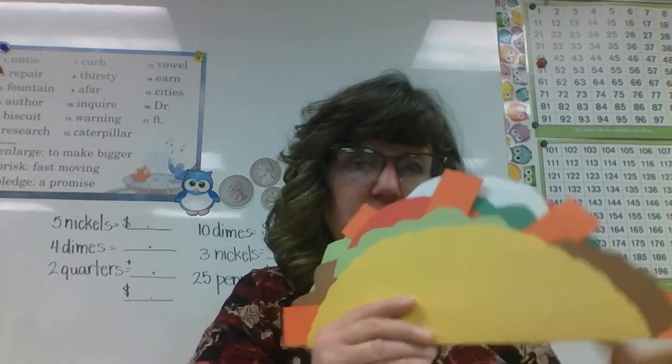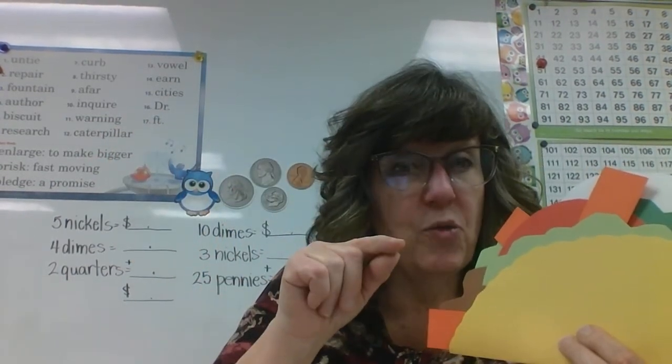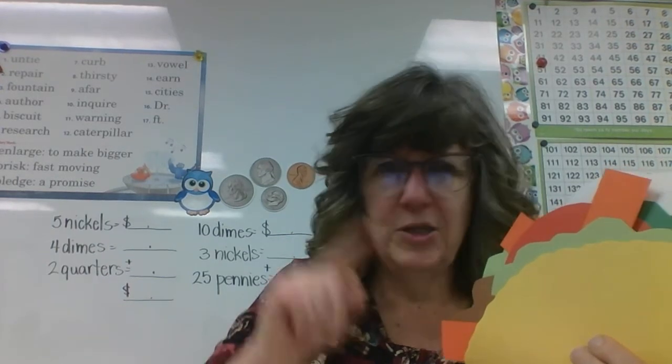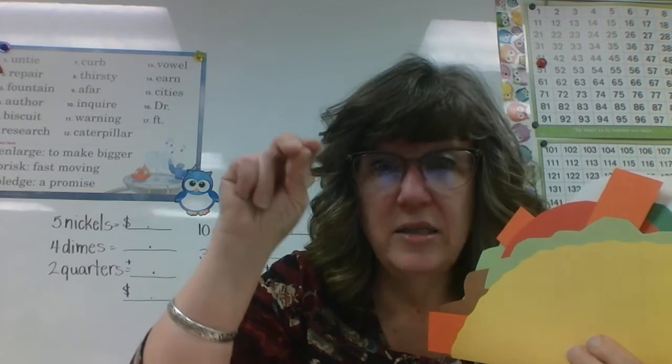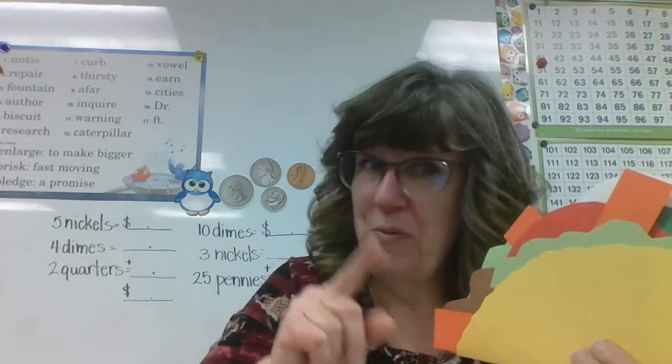Remember, a contraction is 2 words that we take some letters out, add an apostrophe where those letters we took out are, and then we finish with the rest of the word. That really sounded confusing. Let's try that again. It's 2 words. We're going to take some letters out where the missing letters are. We put an apostrophe and finish the word. Remember, Mrs. Kraft is all new to this videotaping.